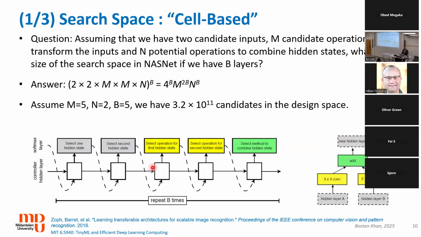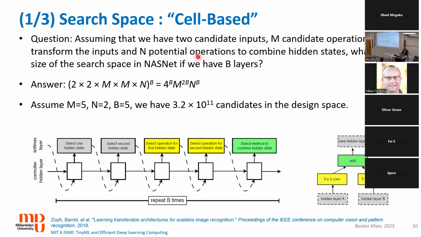So assuming that we have these two candidate inputs, M candidate operations to transform the input. So if we have M operations like 3x3 kernel, 5x5 kernel, concatenation and stuff like that, and we have these N potential operations to combine the hidden states, like concatenation, addition. This could be the combining state operations. What is the size of the search space in NASNet if we have B layers? So if we have B such layers, this is the way that we do it. So 2x2, we have these candidates. Then M by M, we have these M candidate operations in this case. And then N, we have the type of